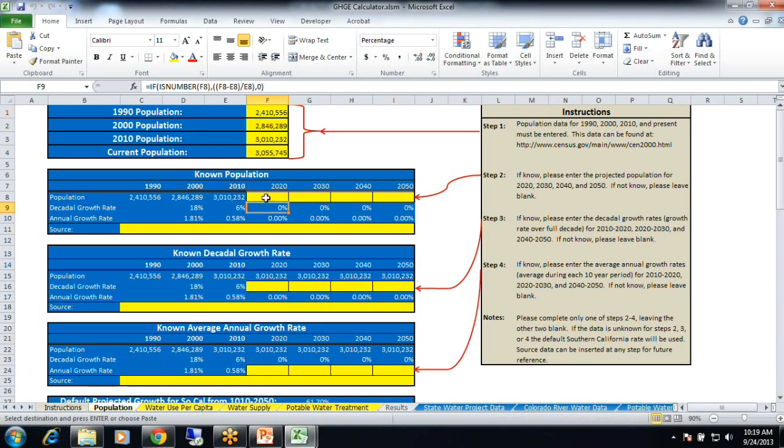So I also know, because I looked it up on the Department of Transportation website, they have a really good population projection for Orange County. So I know that their 2020 population is likely to be 3,324,011. Okay. And I'm just going to name then.